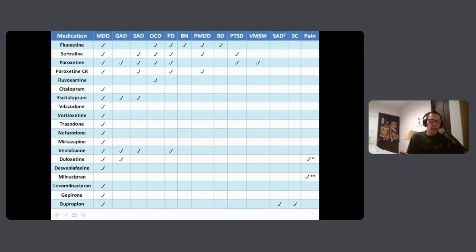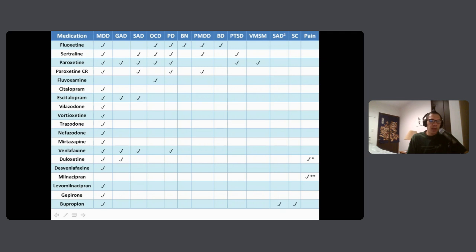It only has indications for fibromyalgia. It's an SNRI, serotonin norepinephrine reuptake inhibitor. Does that mean it couldn't be used for depression? It may very well be effective, but why would you ever use it if you could choose one of the other 25 medications that did have FDA approval? There's really no reason to go off label on depression in the direction of milnacipran because you've got several other